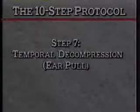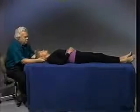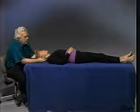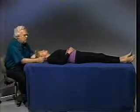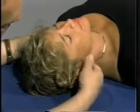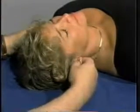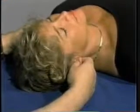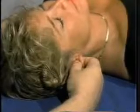Okay, the 7th step in the 10-step protocol is the temporal decompression, which in parenthesis we call the ear pull. And we use that to release in a lateral direction the horizontal membrane system. The temporal ear pull came from my experience at the Center for Autism. We're figuring out how to release the temporal bones laterally, and finally, in a stroke of genius, it became very clear. The ear is attached to the temporal bone, and so if we pull on the ear, it'll pull the